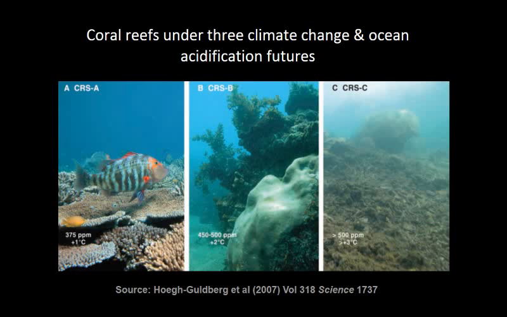So this is 3 images from a paper from 2007 by a fantastic UQ researcher named Professor Ove Hoegh-Guldberg. He's director of the Global Change Institute, which is just next door to us here, fantastic researcher. If you get a chance to hear a lecture by Ove, go along, he's amazing. So he was the lead author in this paper in Science in 2007, where he and his colleagues presented 3 images of what they, as coral reef experts, expected coral reefs around the world to look like under different climate scenarios. The image on the left is coral reefs at about 1 degree warming.